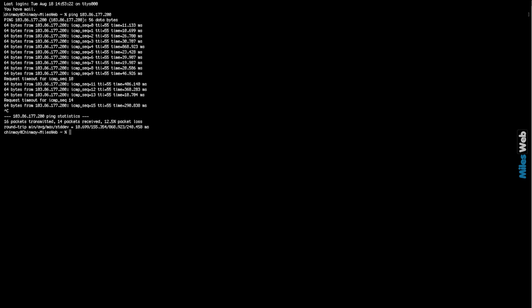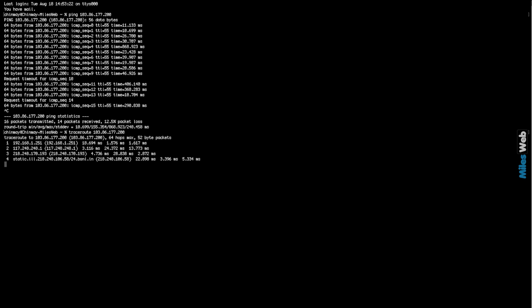Now, for traceroute test, type this command: traceroute space website name or IP address and press enter. It takes some time and tracks the pathway taken by a packet on an IP network in real time from source to destination. It reports the IP addresses of all routers that it pinged in between the pathway. In case your connection fails regularly, it indicates that there is an issue with the internet connection.